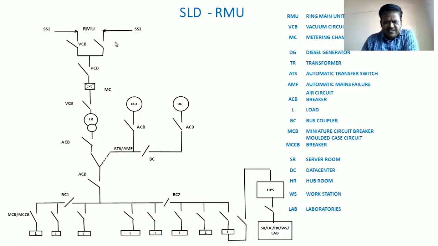In case it is due to a major fault, it takes hours together to resume EB power. Even they will tell you that, and they will give you the permission to switch on this power from another location, from another substation, this side. We have an option so that you can utilize this. You can close this one so that you can switch off the DG, and you can save the diesel also.